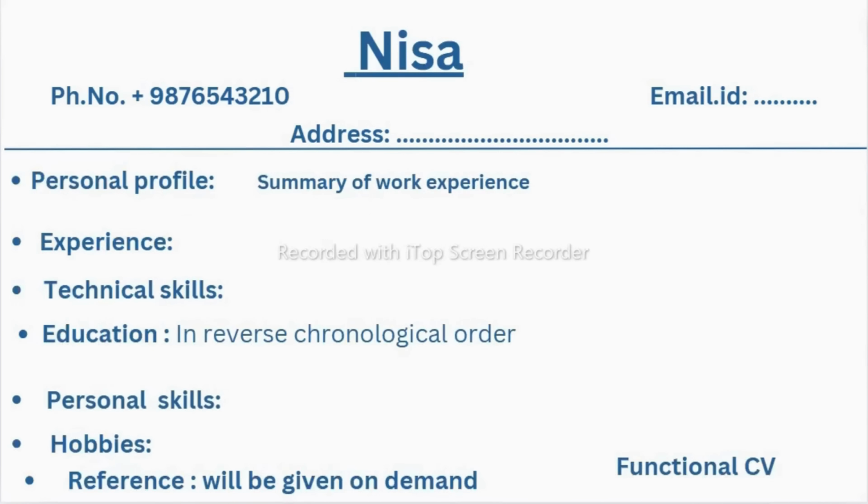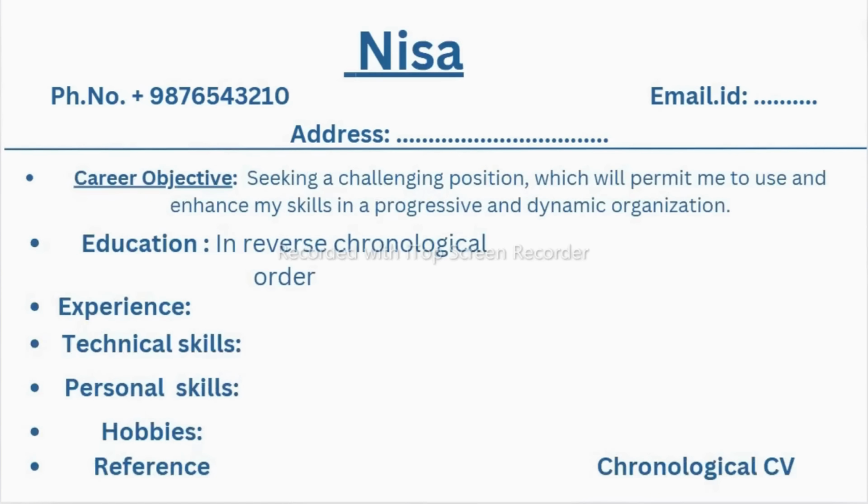because a functional CV we need to write after 5 or 10 years of experience. So here you need to write the summary of your experience instead of career objective. Then in the chronological CV we have written education first. You can see here after career objective I have written education, but here